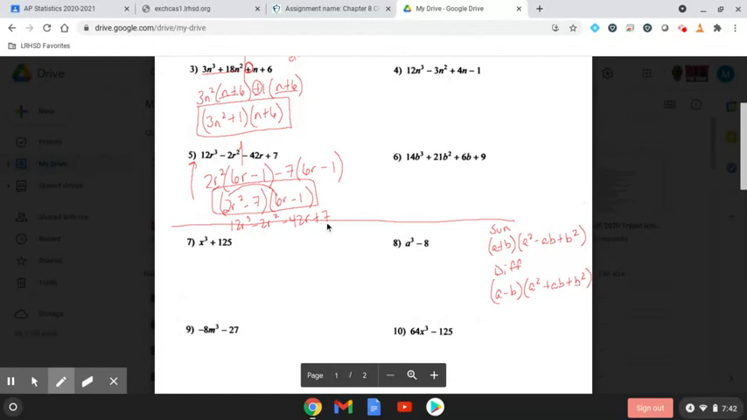But just like we have factored a difference of squares in the past,